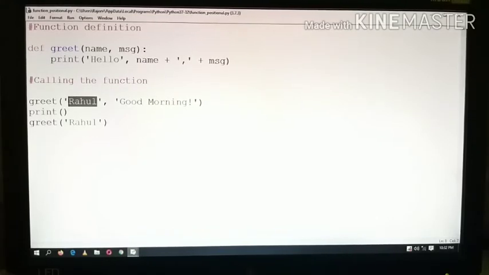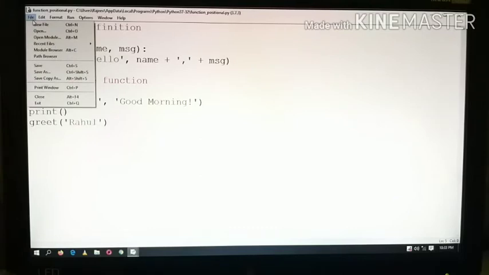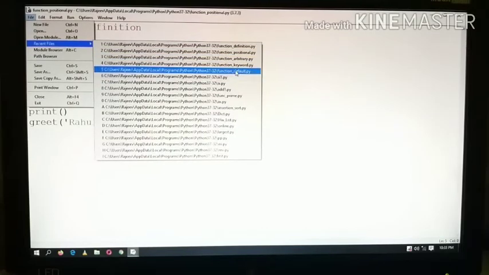Now we will learn how to pass variable arguments in a function. Variable arguments means if a function is defined with two parameters, while calling the function you can provide one parameter or two parameters, or less than two parameters you can provide. This is variable arguments you can provide while calling the function. For calling the function with variable arguments, we can use default, keyword and arbitrary arguments. We will see one by one how we can use default, keyword and arbitrary arguments in another example.